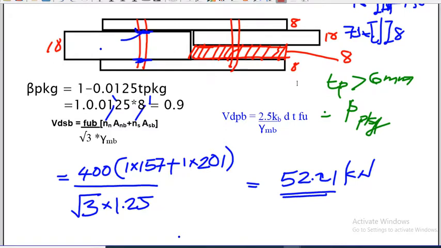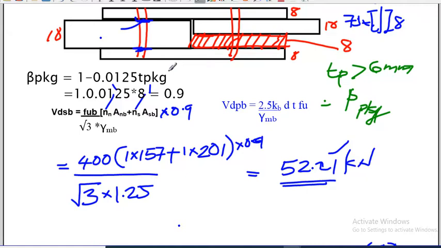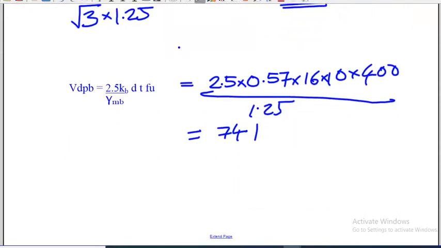So you should multiply this value with 0.9. After multiplying with 0.9, you will get 52.21. Okay, so we are fine. Important: from the previous problem, the only difference here is that we should multiply with this reduction factor for the packing plate, beta PKG. We should multiply it only with the shear capacity,